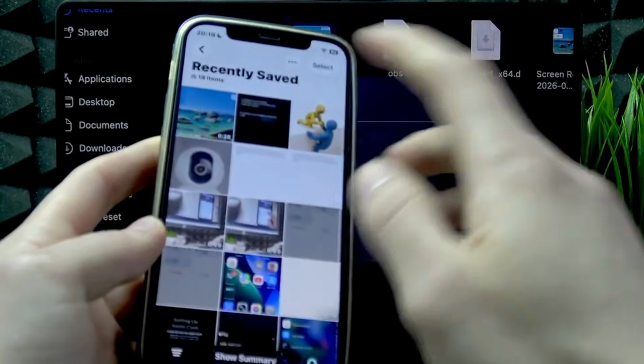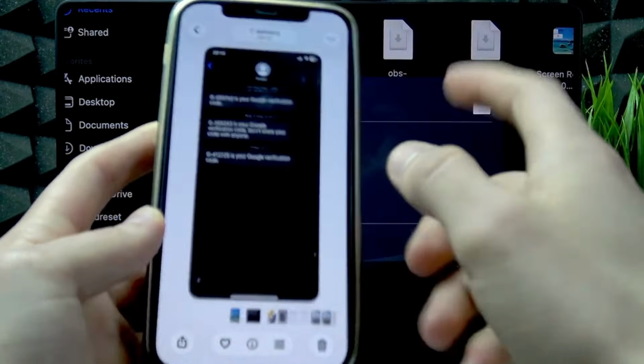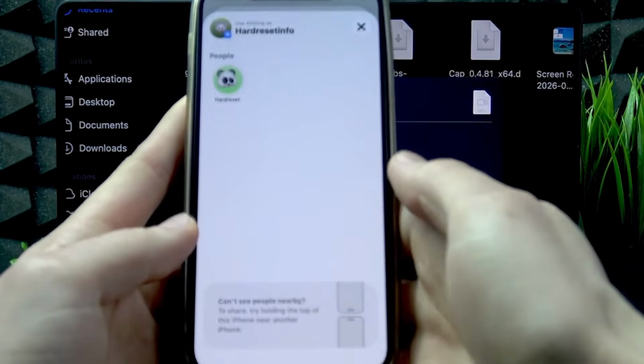And it works the same way on our iPhone. So if you want to send the file from your iPhone, you also have to click share, then AirDrop, then